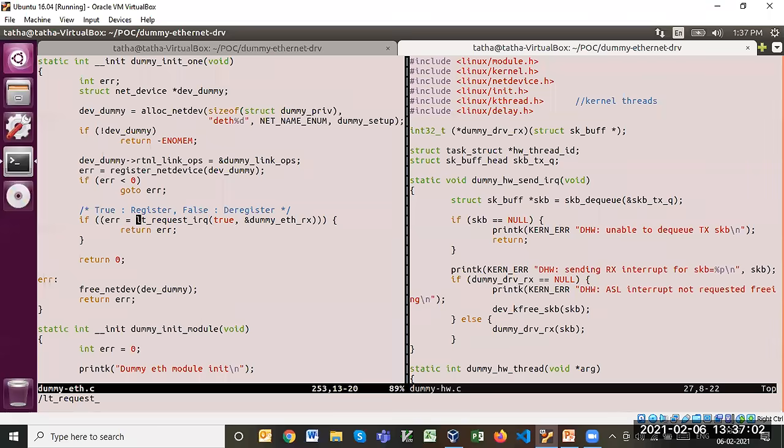So in the service routine, it will read the interrupt register and determine the kind of interrupt it is, which needs to be handled, and then it will check another few registers to determine the source address of the hardware controller queue from where this packet needs to be copied to the primary memory.